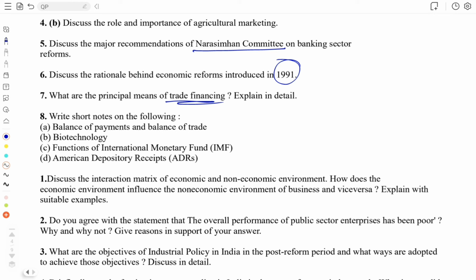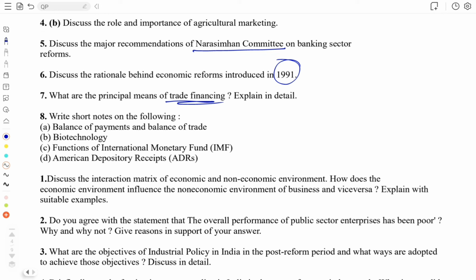So just by looking at the BOP, we cannot say whether the country is doing good or bad. Some of the factors affecting BOP include the current account and capital account, the inflation rate, economic liberty, changes in policies or exchange rates, all those sorts of things you can write. And balance of trade is a major part of the transactions in the current account of BOP. As we said, BOP has two accounts, the current account and capital account. Balance of trade comes under the current account, and it talks about the net exports, okay.